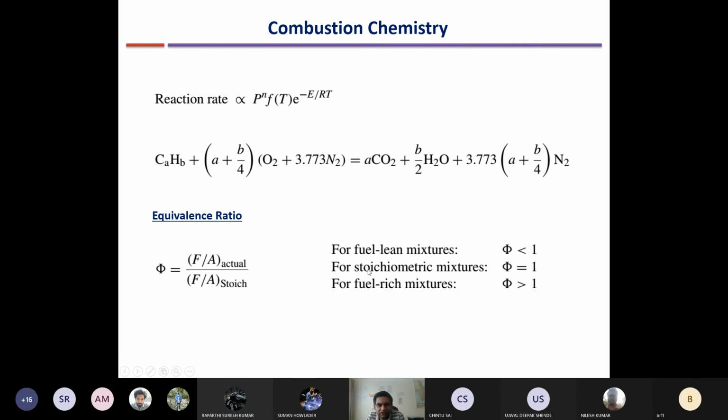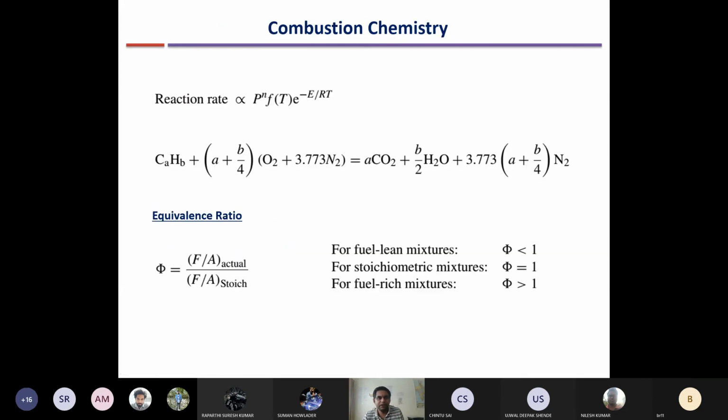But as a theory, we can also know the cases of equivalence ratio equal to 1 and greater than 1. When we have a stoichiometric mixture, the actual mixture is also stoichiometric, we have equivalence ratio 1. When the actual mixture is rich, which we should not use for a gas turbine, the equivalence ratio is greater than 1.